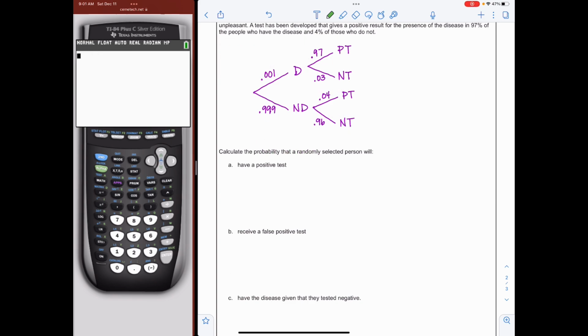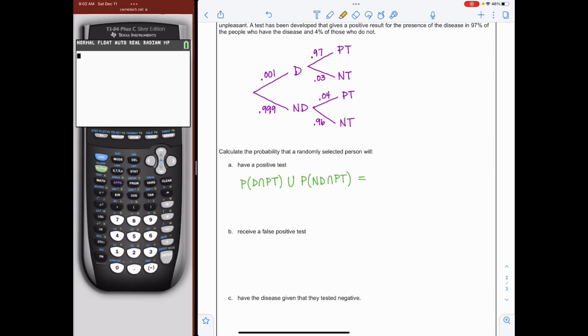So now let's calculate the probability that a randomly selected person will have a positive test. So you can have a positive test and have the disease, and have a positive test and not have the disease. So we're going to say the probability that you have the disease and you received a positive test, or the probability that you don't have the disease, and that you also had a positive test. So when I do that,